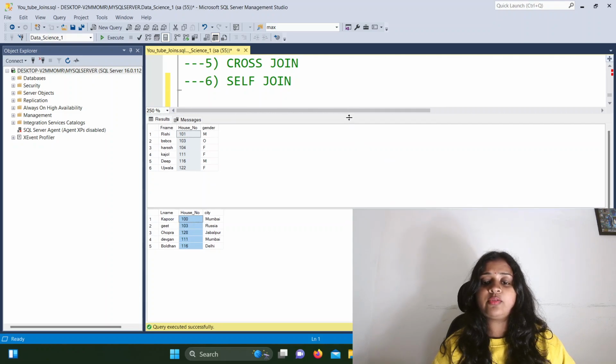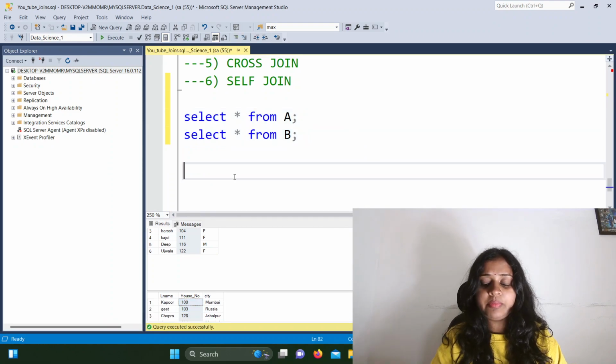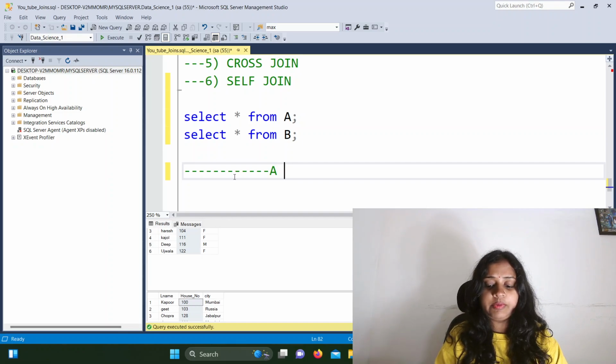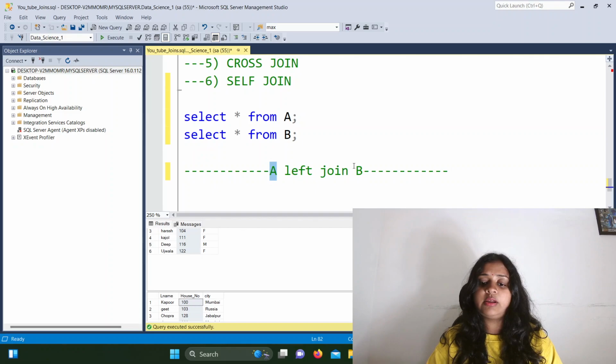Okay, now let's move towards the left join. Before moving towards the syntax, please be attentive to whatever I am trying to say, and then it will be very easy for you to understand further things in a much better, smooth manner. See guys, this is table A and this is table B, and here you have written the left join.